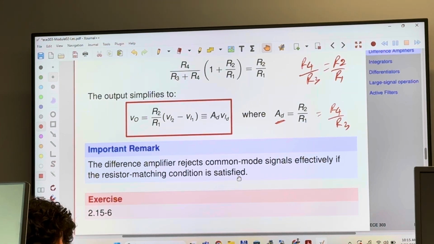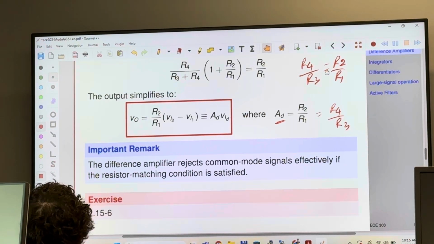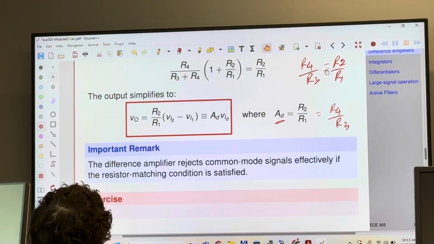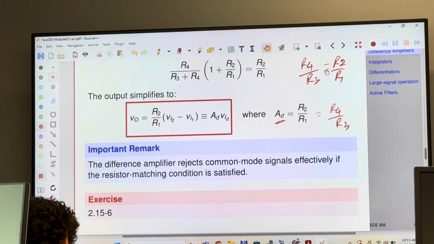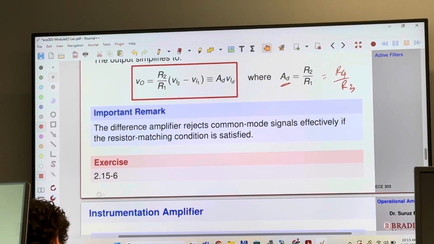If this resistor network does not satisfy this condition, the difference amplifier will not be able to reject common mode noise effectively. So as a designer, you need to make sure this resistor matching condition is satisfied. Make sure you go through this exercise at home,